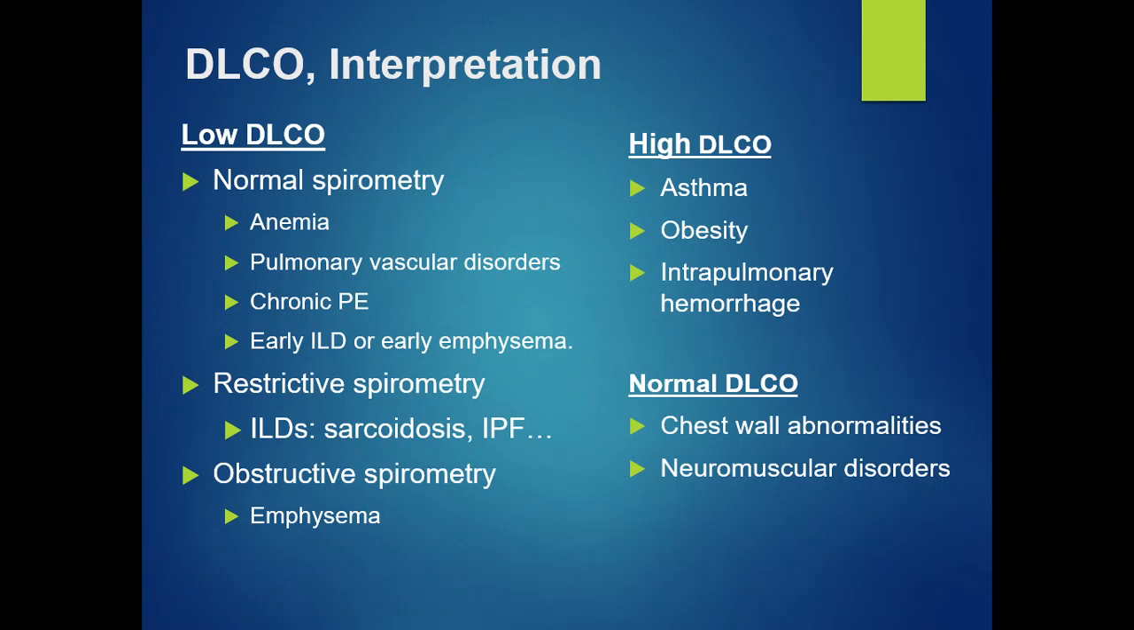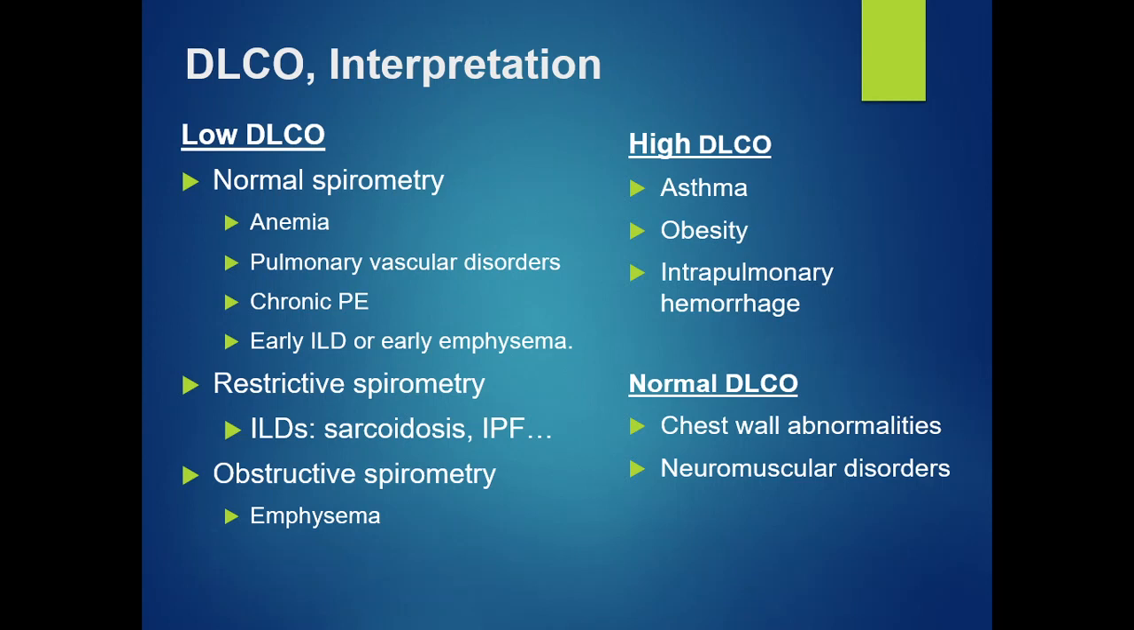about anemia, pulmonary vascular disease, chronic thromboembolic pulmonary disease, and early interstitial lung disease or early emphysema. So early interstitial lung disease, early emphysema, chronic thromboembolic pulmonary disease, pulmonary vascular disease, anemia are causes of low DLCO with normal spirometry. If the spirometry